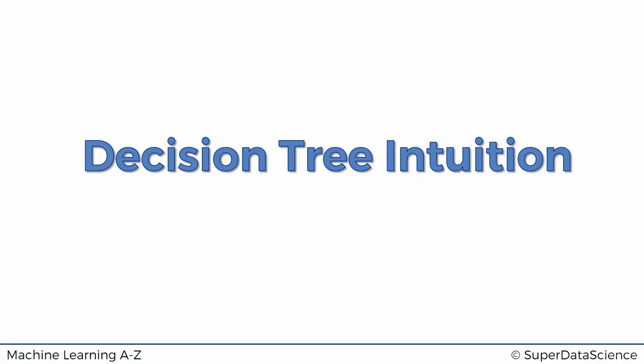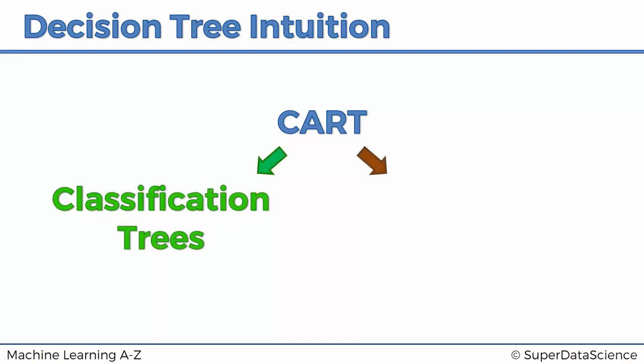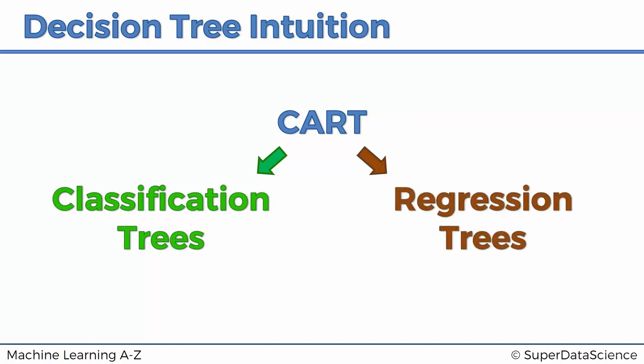In today's tutorial, we're talking about decision trees and the intuition behind them. Alright, so you may have heard the term CART, which stands for classification and regression trees. This is an umbrella term that encompasses two types of decision trees, and as you've correctly guessed, they are the classification trees and regression trees. In this course, we're going to talk about both types, but specifically in this section, we're focusing on the